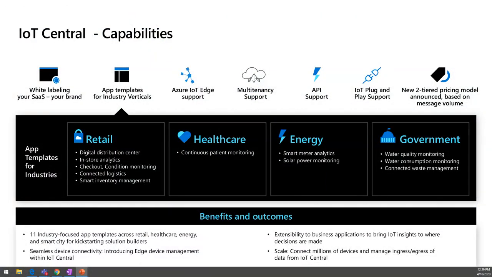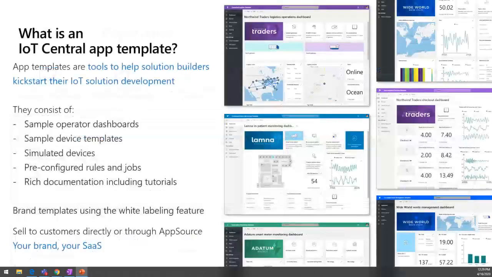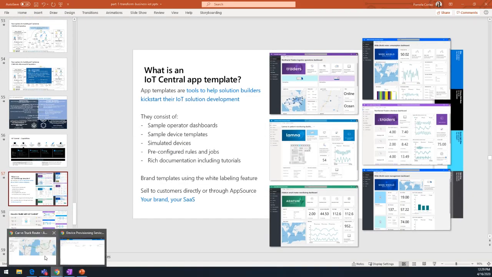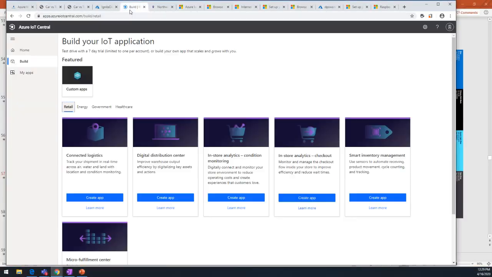So your capabilities with IoT Central: white labeling, so you can change the colors, you can add your logo. We also have templates for different industries. I'll show you in a moment. We have IoT Edge support, multi-tenancy support, tons of API support, plug and play support to be able to connect to devices quickly. And so I am actually going to jump back to Chrome and show you an